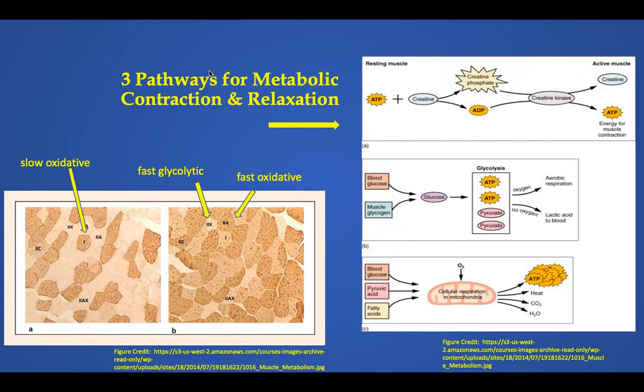There are three basic pathways for these fast and slow twitch muscle fibers, and our bodies will use creatine first, and it is really the first molecule that's used to supply ATP. It has high energy phosphates. It's a reversible reaction. However, it runs out quickly. If oxygen is present, and plenty of oxygen, then our bodies will do oxidative phosphorylation, producing lots of ATP per molecule of glucose. And then, if the supply of oxygen cannot keep up with the demand for oxygen, our bodies